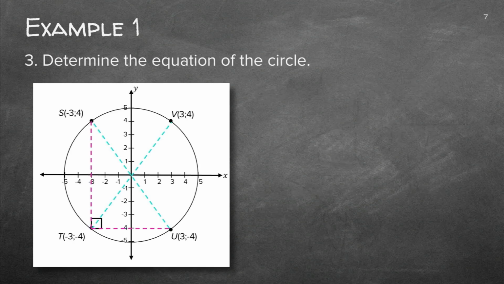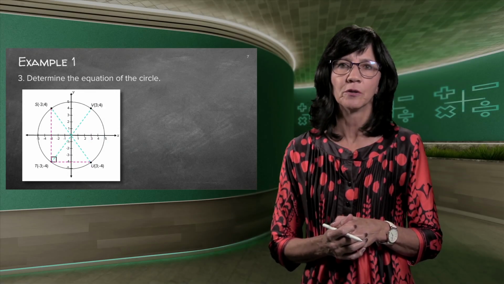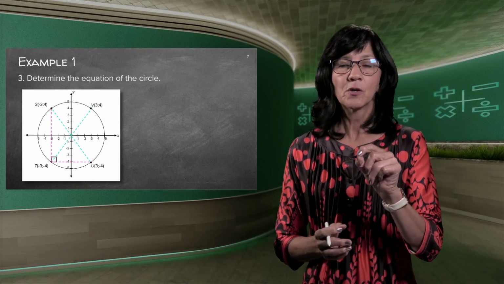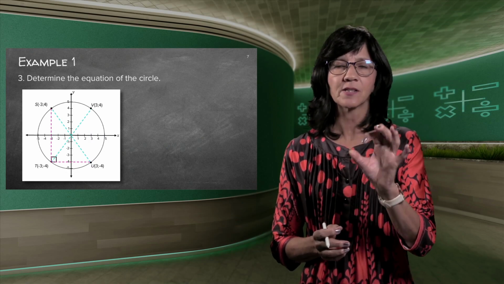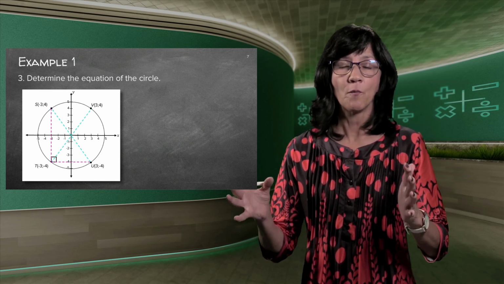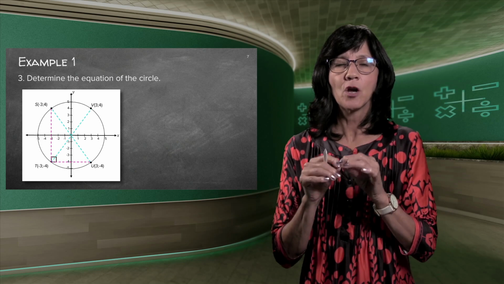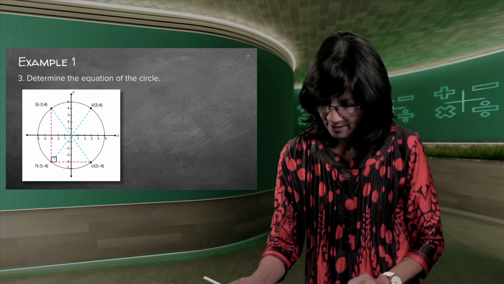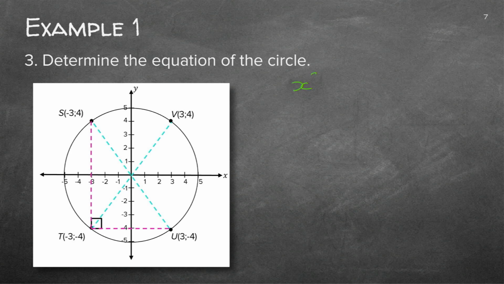Good. Now they ask you to determine the equation of the circle. Now, why do you think they asked the previous question, number 2, to determine the center? Because if the center was anything else than 0, 0, I needed to use the long, fat formula for circles. But because I know my center is on the origin, I can just easily write down x squared plus y squared is equal to r squared. Because my circle is centered around the origin, the center is the origin, and that's why they asked.